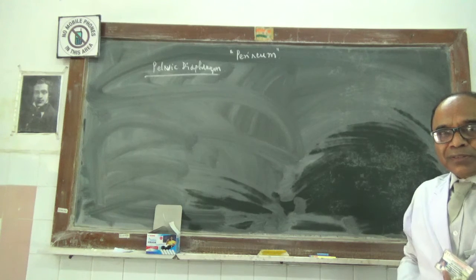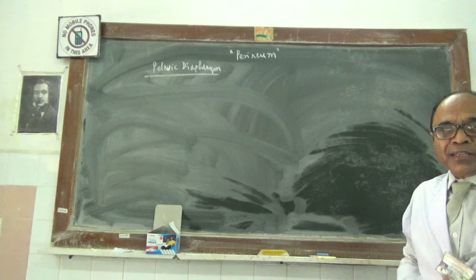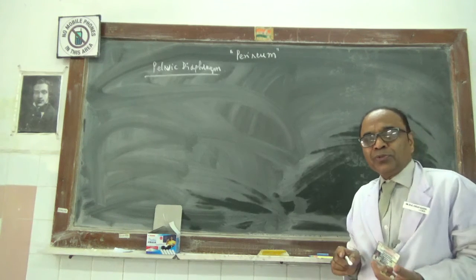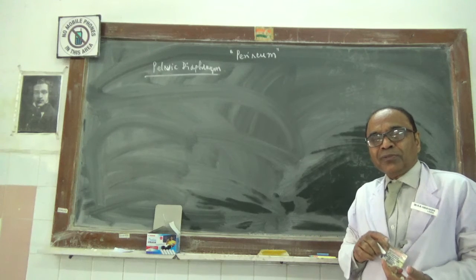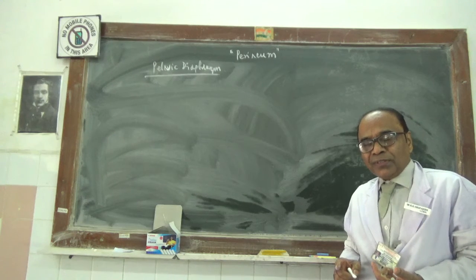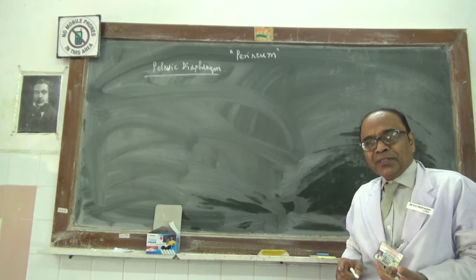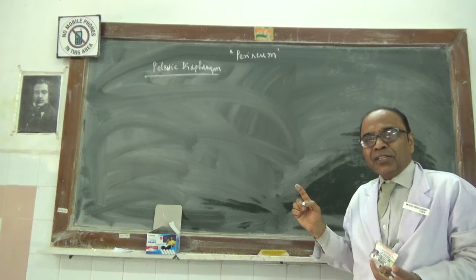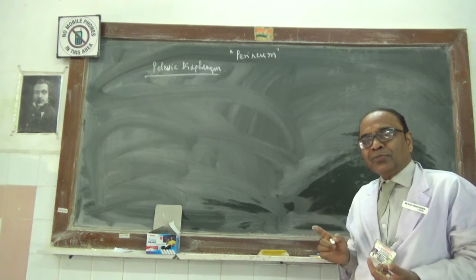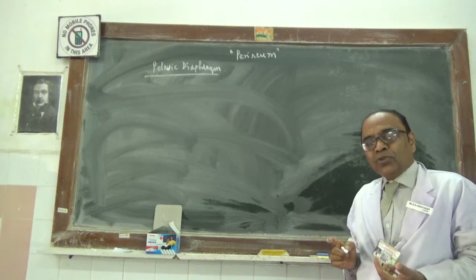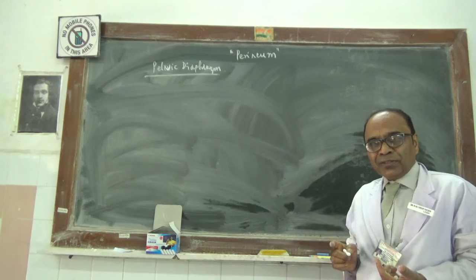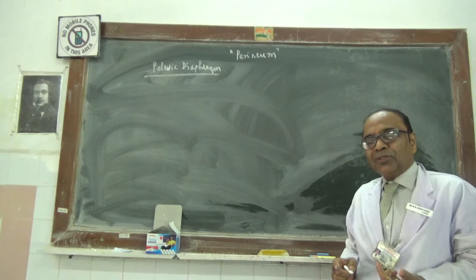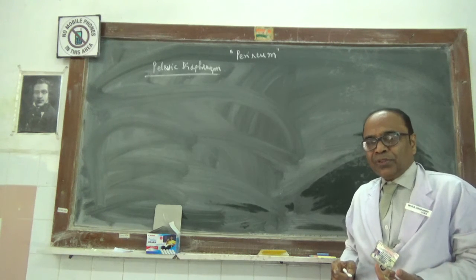keeping in front the pubic symphysis, which is formed by the articulation of the medial surface of the body of the pubis to the medial surface of the body of the other pubis. Behind and lateral, it is formed by the ileum, which articulates with the lateral aspect of the sacrum to form the sacroiliac joint on either side. This is how the whole pelvis is formed, not only in the male but also in the female.